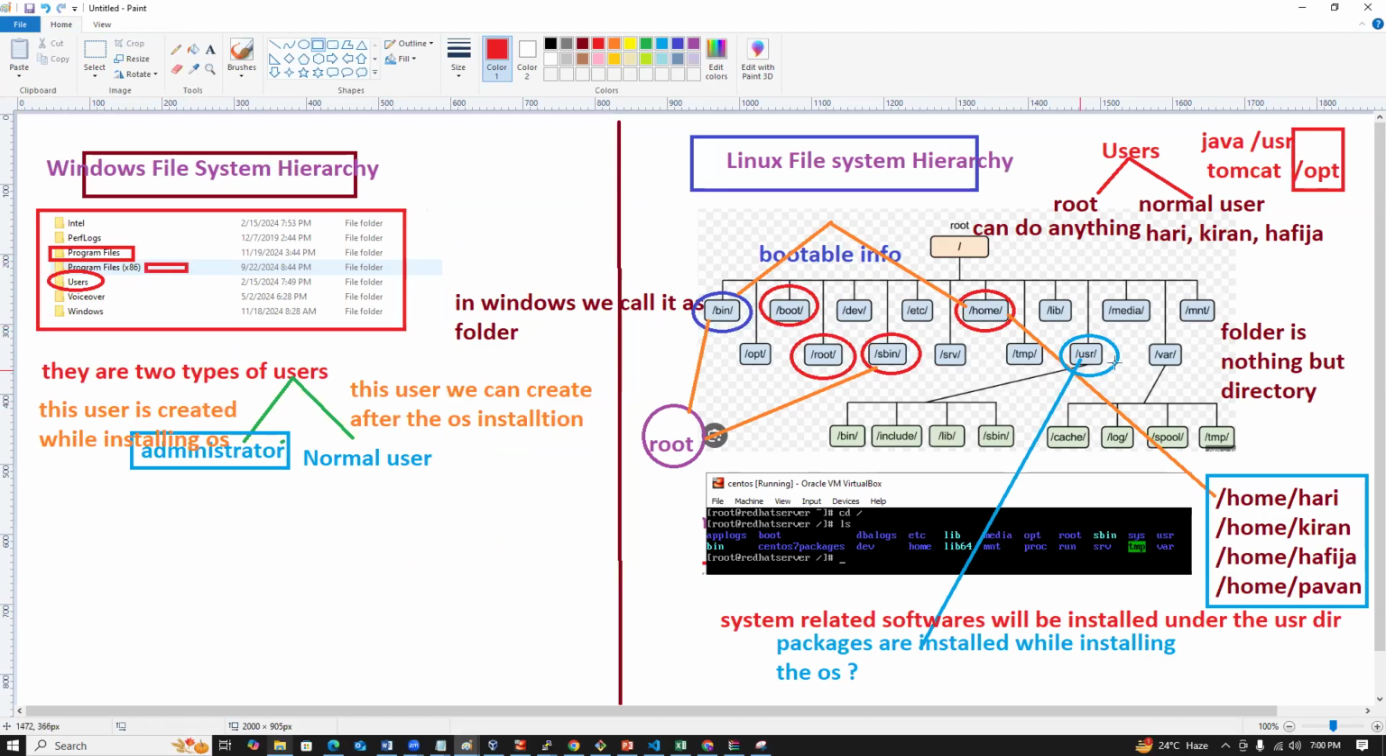The same as USR, which is the system-related softwares. So OPT is for third-party software. Third-party softwares will be installed under the OPT directory. So temp is the directory, a temporary location. If you want to store anything temporarily, you can store it in the temporary directory. Something like